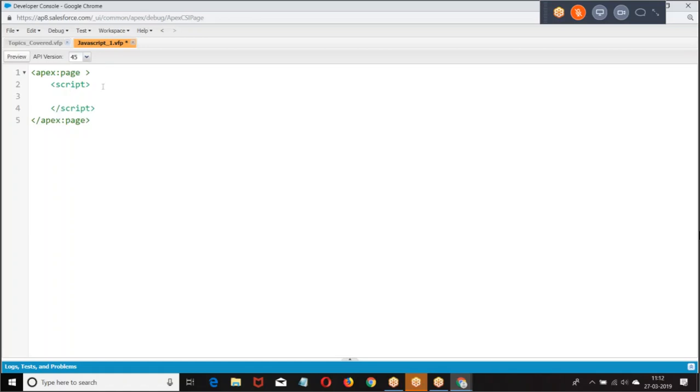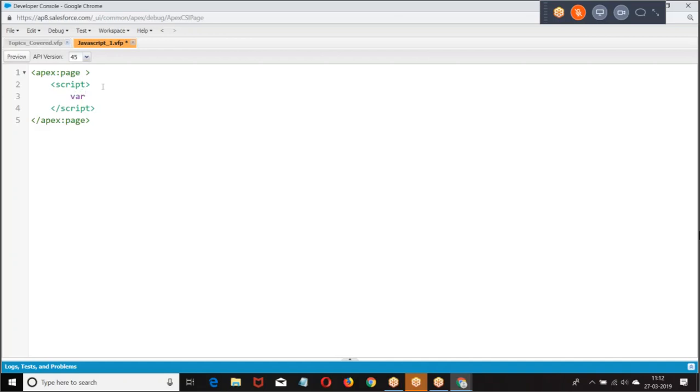Generally, if you want to learn any Apex programming, what we have done is we have seen about variables, data types, then statements, then functions, then classes. Am I right? In the same way, when you want to learn JavaScript, you are supposed to start with variables. Now, here in JavaScript, every variable is defined as var.